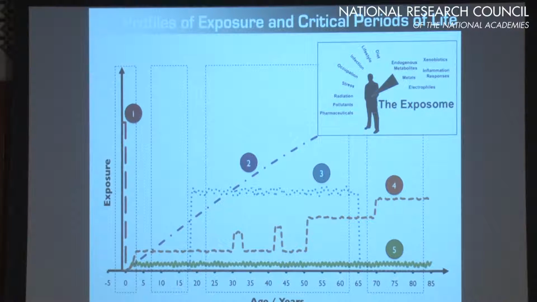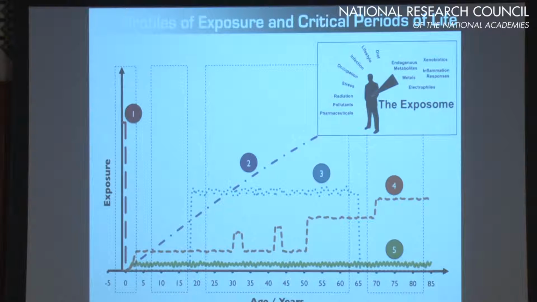So this figure is taken from a paper that I published a couple of years ago, and really there's maybe 5 different types of exposure we might look at. One might be an exposure that's in utero. Maybe the mother was smoking, and therefore the exposure was only for that short period and very little after that. Secondly, we might have something which is an exposure that accumulates in the body over time, perhaps a heavy metal exposure such as cadmium. Thirdly, we might have something which is an occupational exposure which only happens during the working